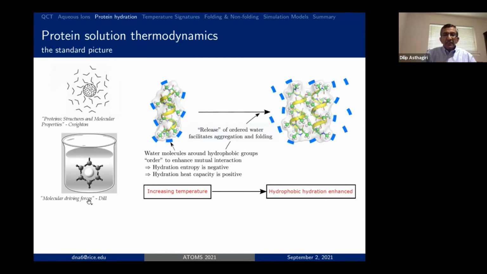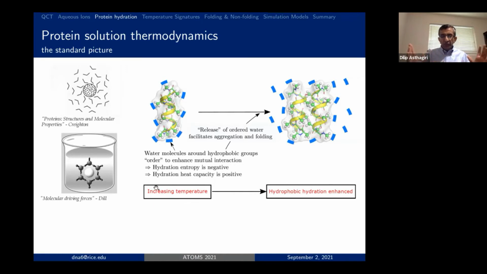And so the model or the framework that is proposed is that when these solutes come together in solvent, the ordered water molecules are somehow released. Okay, and so that is essentially what is driving the association. So for exposed hydrophobic groups,